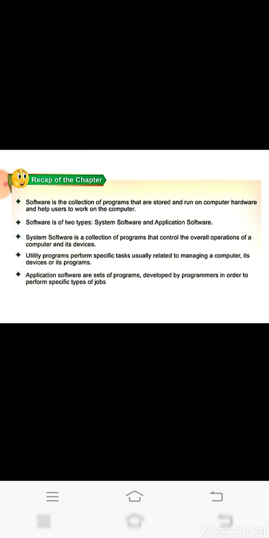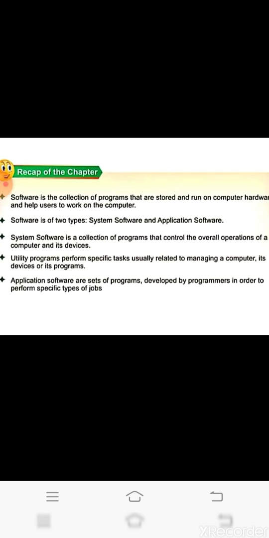Now here we complete our chapter. Let's do a quick recap of this chapter. First, software is a collection of programs that are stored and run on computer hardware and help the user to work on the computer. Software is of two types: system software and application software.